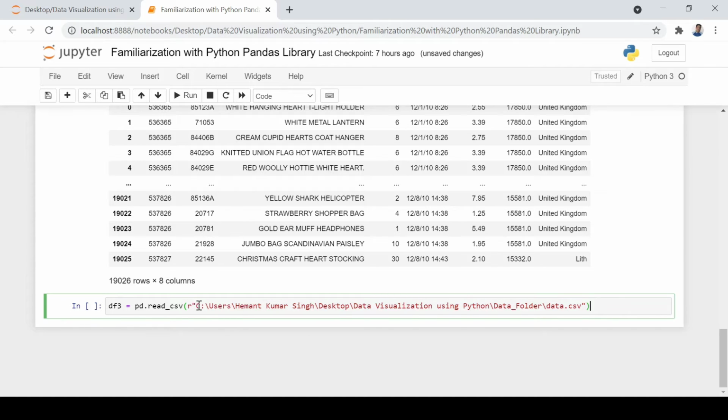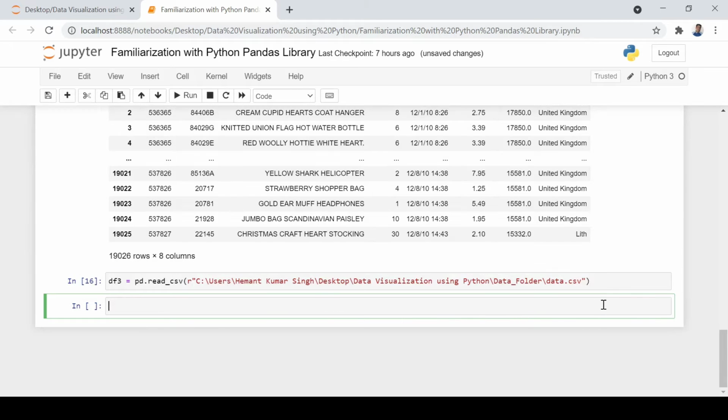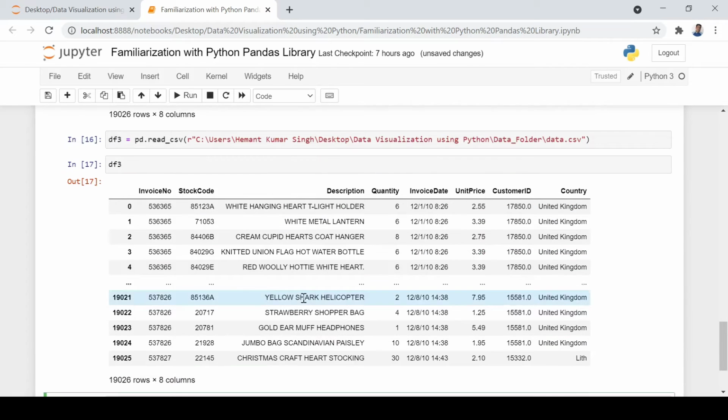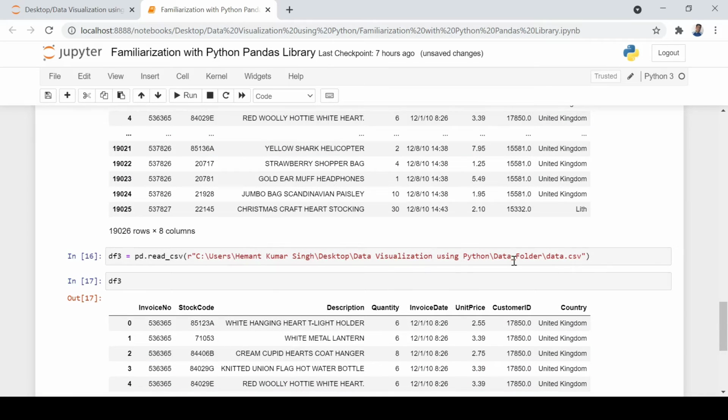So just remember that you can copy the full address as I copied it there, and then put R just before the inverted comma, and then at the end it should provide the file name with the extension, and if you run it, it will read it. Okay, so this is one way where you become independent wherever the data is there in your machine, and you can follow this formatting and just read it from there.